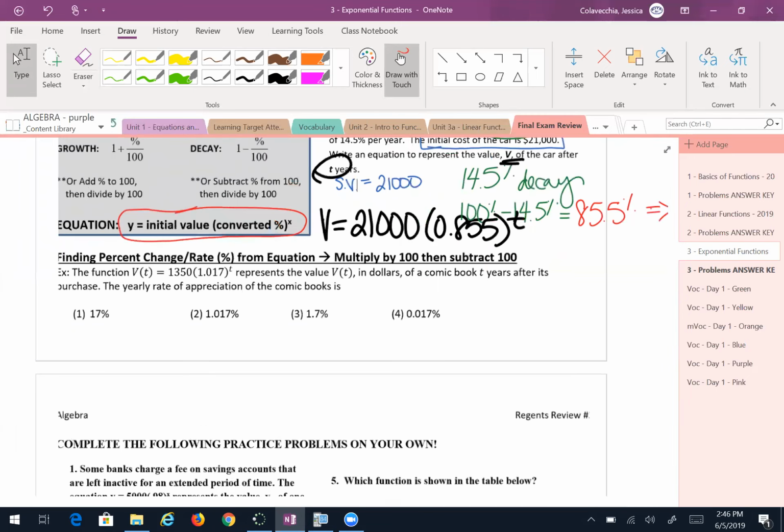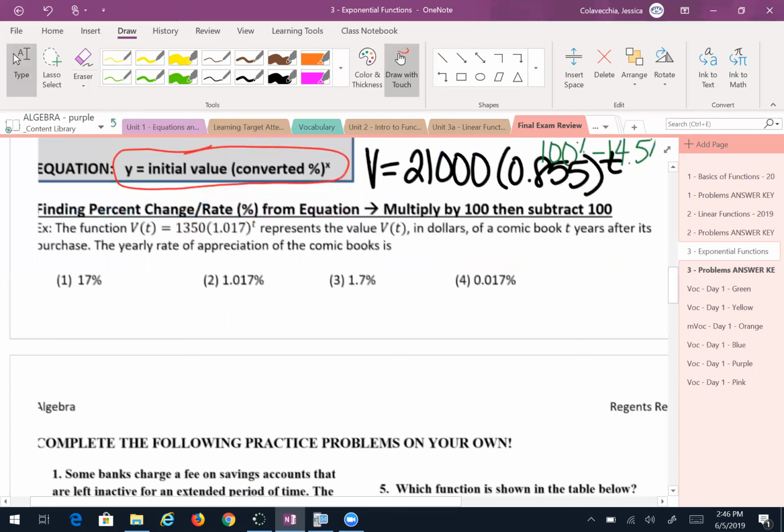Now this next question, sometimes they give us the equation, guys, and they ask for us to find out that percent growth or decay. All right, so let's read this one. The function V of T equals 1,350 times 1.017 to the T represents the value V of T in dollars of a comic book T years after its purchase. The yearly rate of appreciation of the comic books is